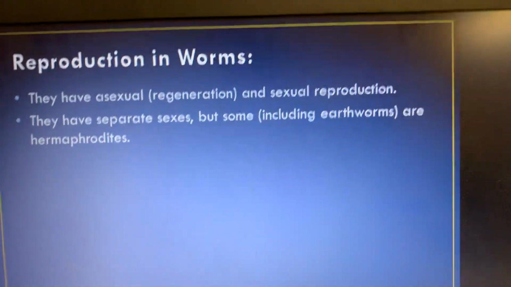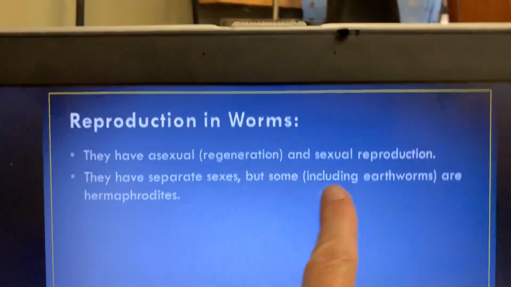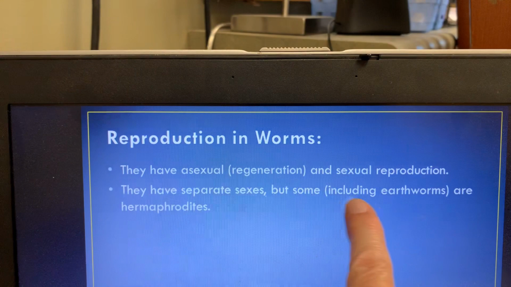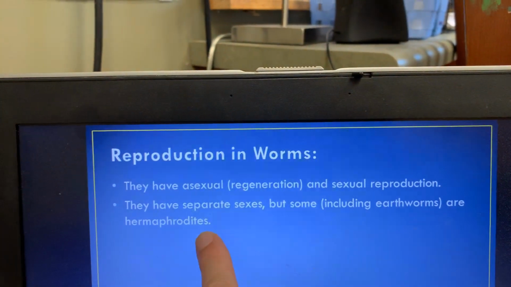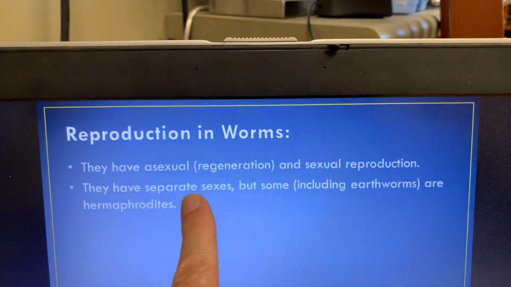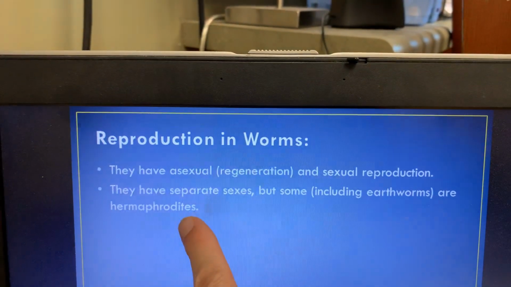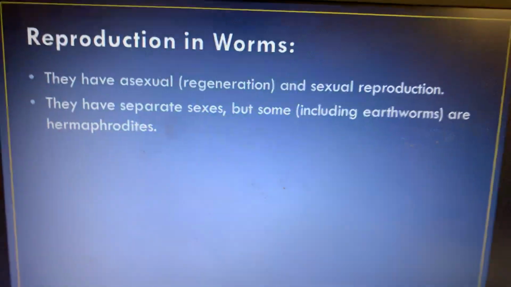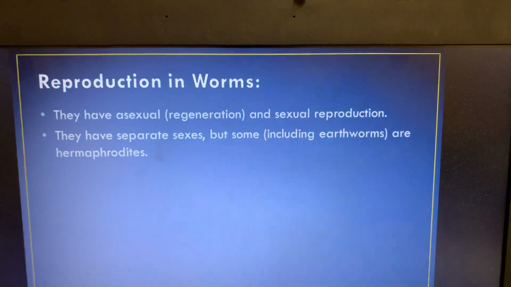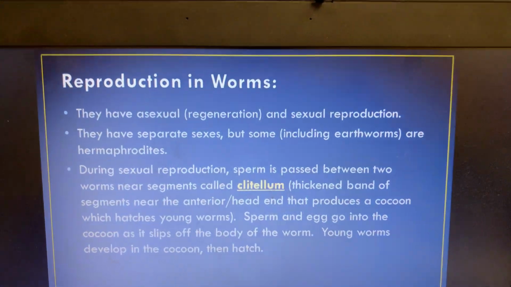They will have two worms that will line up with each other. And this says separate sexes. That's in other annelids, but it says some, including earthworms, are hermaphrodites. So I don't want you to get confused by that note. Separate sexes would be in some of the other, like the marine worms that we mentioned, but the earthworms are the hermaphrodites. So two worms will line up with each other, exchange sperm, fertilize each other's eggs, and they will